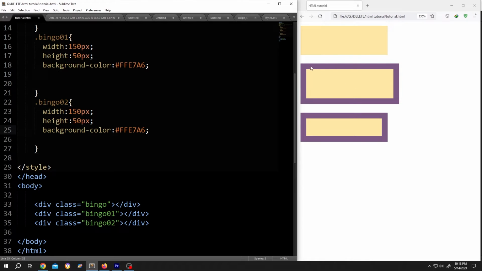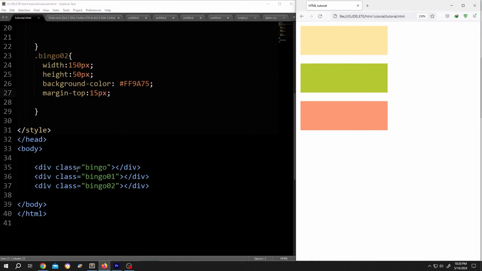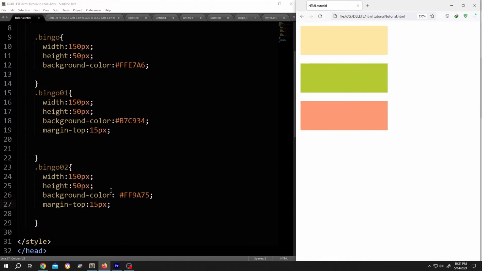Hi guys, how to add border or padding without increasing the size of the div or the element. On the left side we have our basic code and on the right side we have our output. As you can see, we have three divs here with the class names bingo, bingo01 and 02. Now if we go inside the style section, as you can see all of them have the same width and